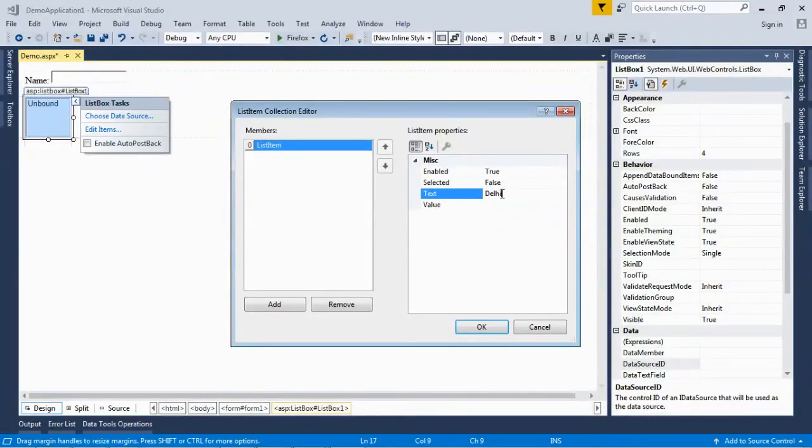This is the text Delhi which is displayed in the list box, and the corresponding value of this text is Delhi. Same as before. Now click OK.